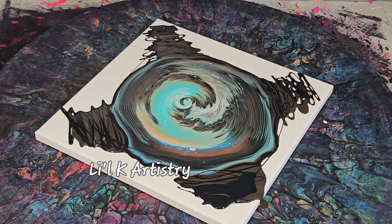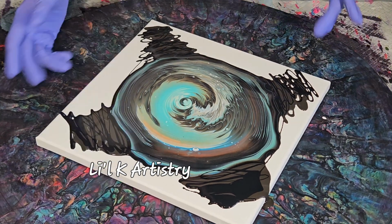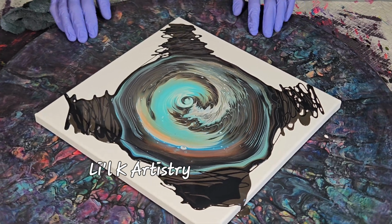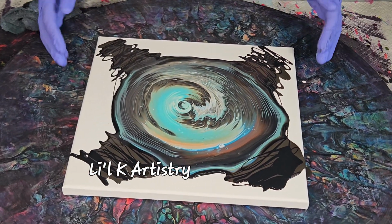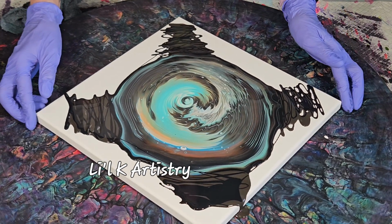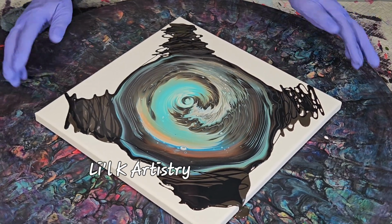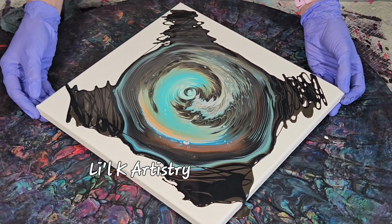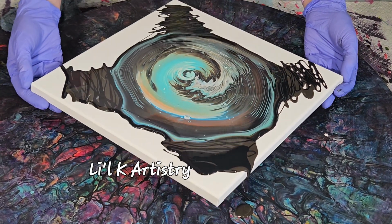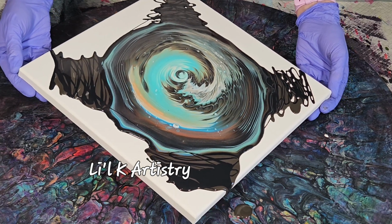Okay. So on that one, I tilted the flat sides first, and then I tilted the corners. So I think I'm going to try that again, just to see. And this spinner is going to be covered with paint, and I'm going to make a terrible mess, but that's okay. I'm sure I will find a better way to do this as I do more of these. But I'm still pretty new